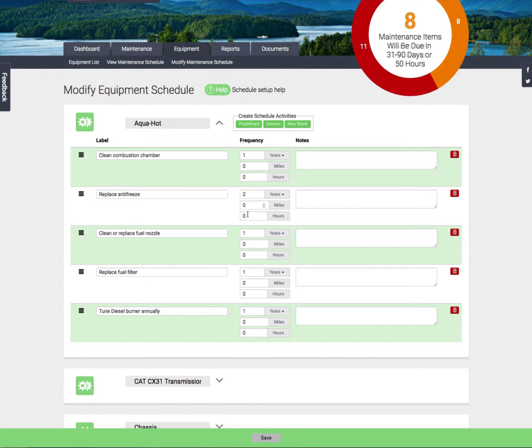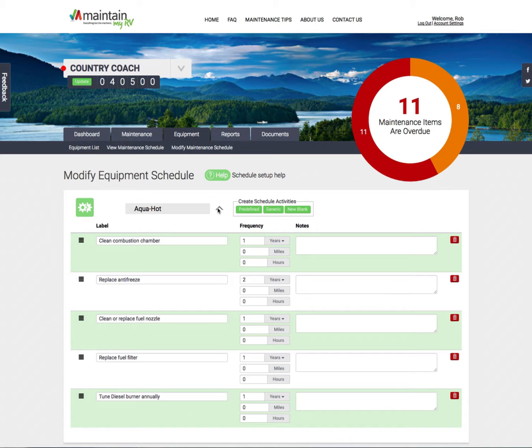These items and their frequencies are then automatically added into the schedule for me to look at, verify, and modify in any way that I want. I can add notes to these maintenance activities or change the frequencies if my experience says they should be something different. Again, you'll see at the bottom of the screen a green bar and a Save button indicating that you have changes on the screen that have not been saved, and you want to make sure that you do that. So I'm going to hit Save. And now that this is saved, I can come back to this screen at any time and modify any of these maintenance activities, change the label of them, or whatever I would like to do. So I'm going to go ahead and collapse the AquaHot,